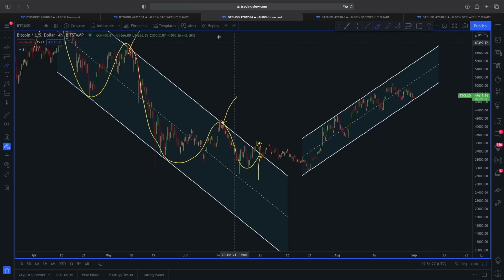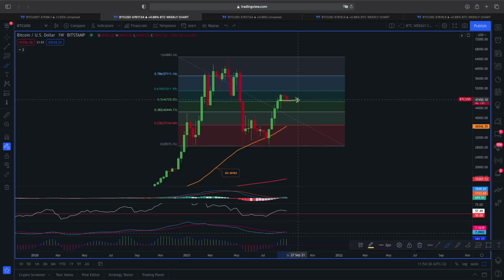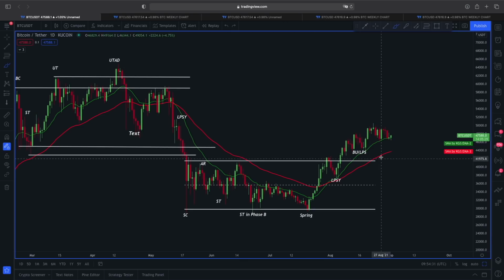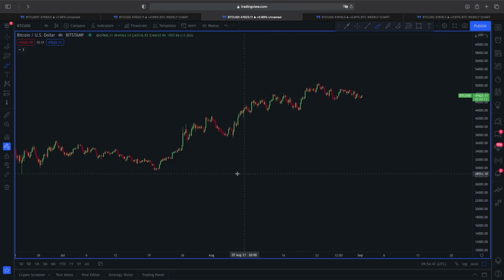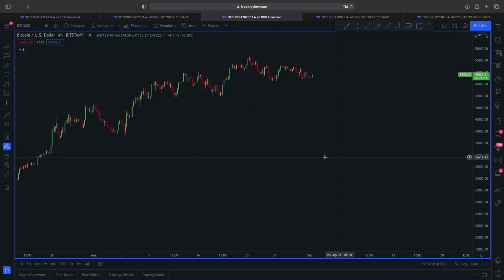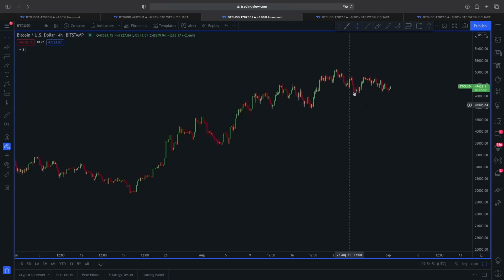So as long as the support here from weekly is going to be there, and also the support from daily time frame is going to be there, there is a very likely scenario, even if we are going to shake out, the price has a very strong support around this 46,000 price range, and we can still continue this rally here to the upward direction, because right now this price movement we are witnessing is showing a pretty similar scenario.